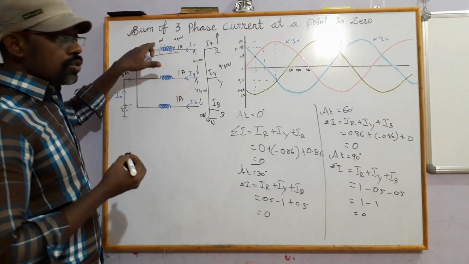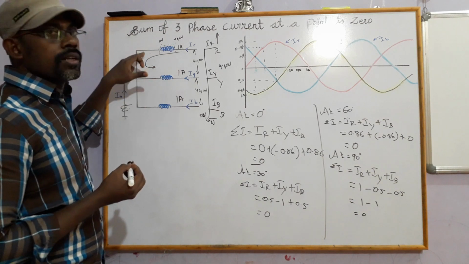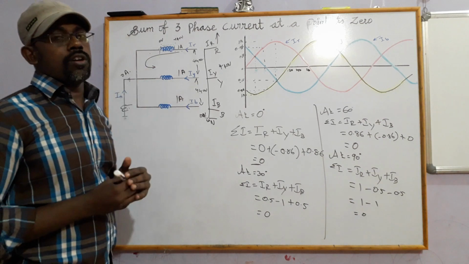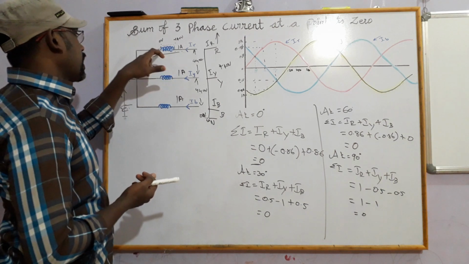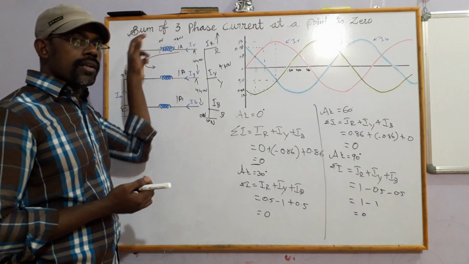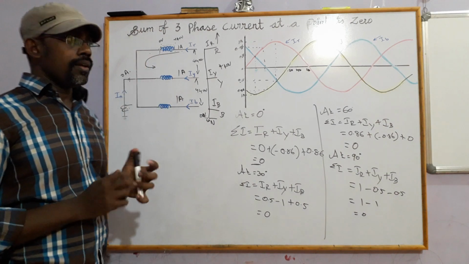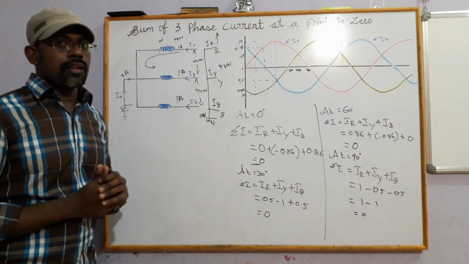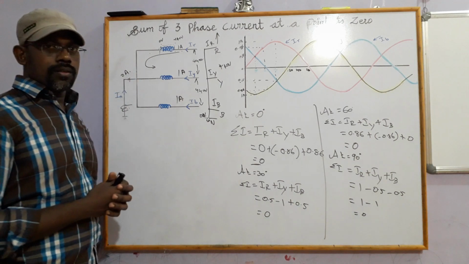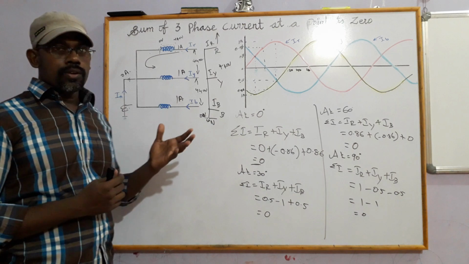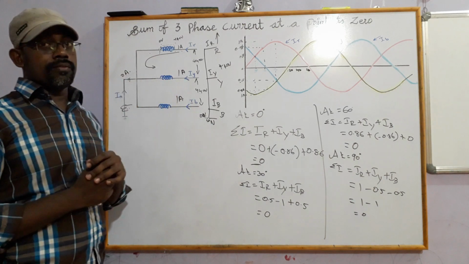So since it is zero, we can short all this. They will not make any fault current. It is not able to produce fault current. It can only pass the current. It can only drive the current. Now we can see if there is any unbalance or earth fault. In that case, how will the neutral current be? We will check in that.